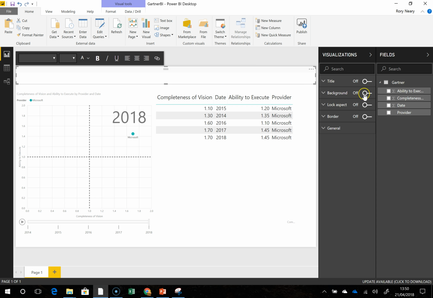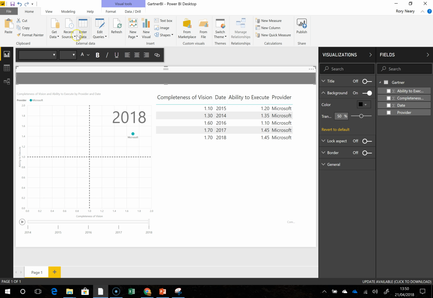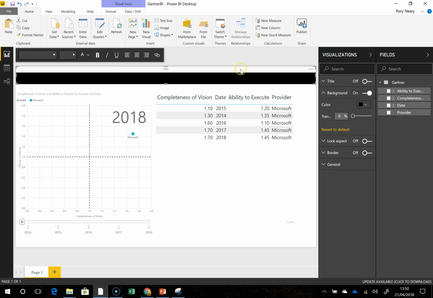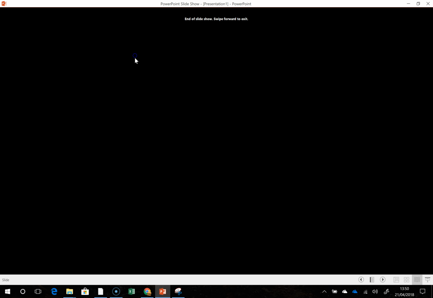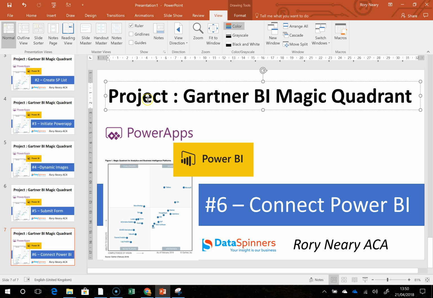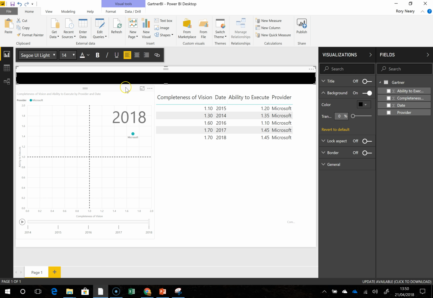I'm gonna do a background on it, make it black. In it goes there. Put the opacity to 0. I'm going to change the color to white, and then I'm going to put some text in there, which I might as well use this thing for. Project Gartner Magic BI Quadrant. So in I go there, paste it in,